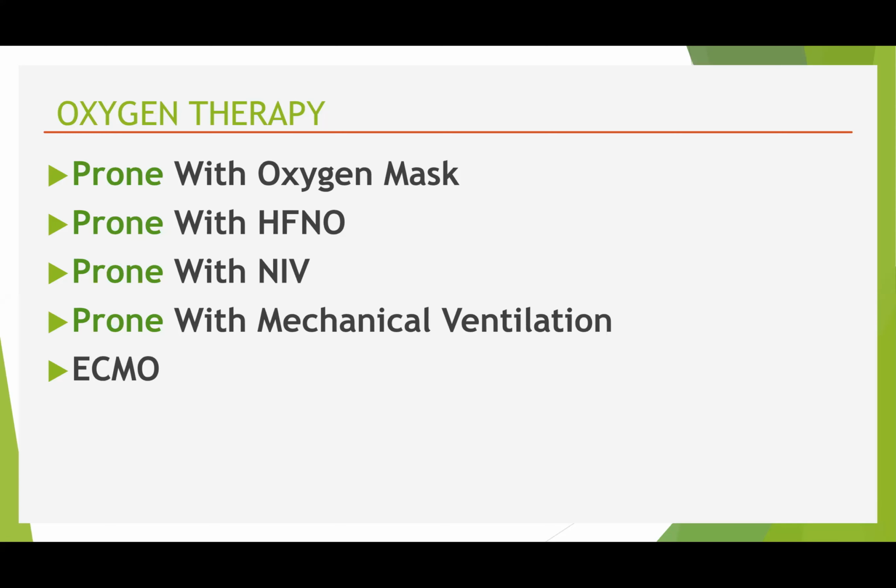A lot of studies are there regarding the prone and supine positions of the patient. Prone position will increase oxygenation and corrects ventilation-perfusion mismatch. First, we have to try it with any patient shifted to the ICU. So prone position with oxygen mask at 6 liters; we have to trial, and after that increase up to 10 liters. If he is not responsive, then we go to high flow nasal oxygen, up to 20-30 liters, up to 60 liters. If the patient fails, HFNO or NIV, but they are both equal.